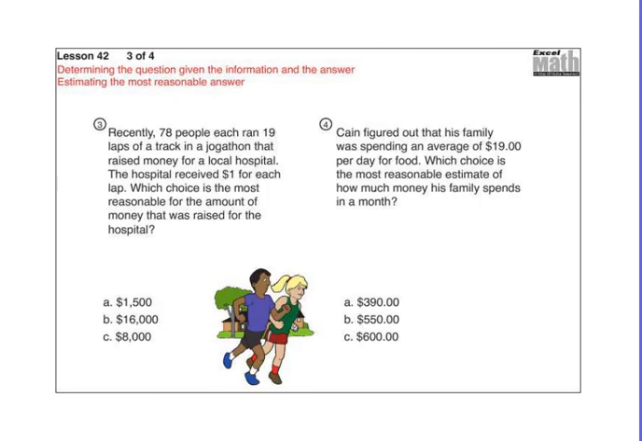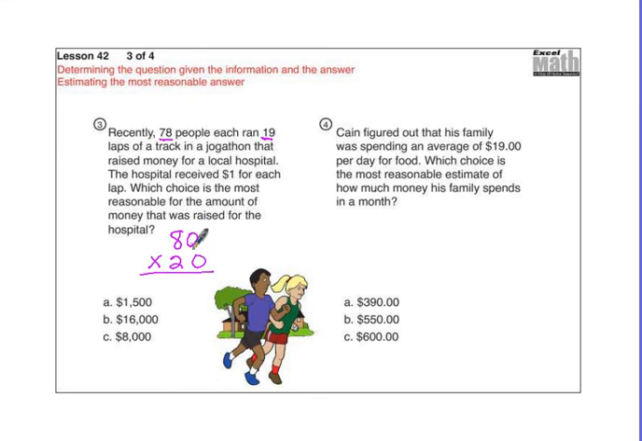All right, now we're going to take a look at some estimation problems. Recently, 78 people each ran 19 laps of a track in a jogathon that raised money for a local hospital. The hospital received $1 for each lap. Which choice is the most reasonable for the amount of money that was raised for the hospital? So what we're going to do is round each one of these numbers. If there's 78 people each doing 19 laps, that's like 80 people doing 20 laps each, and we're going to